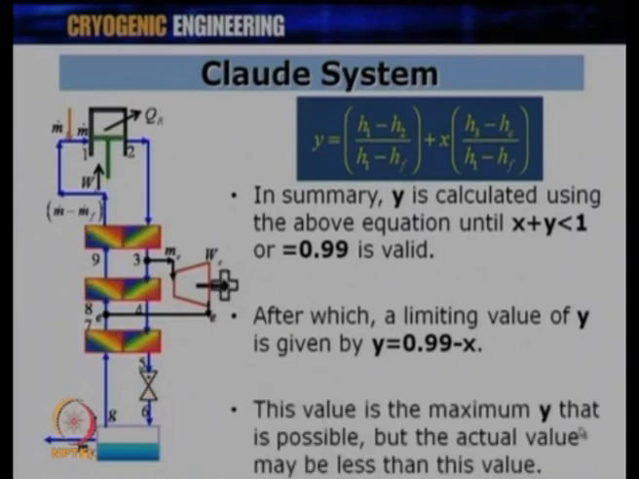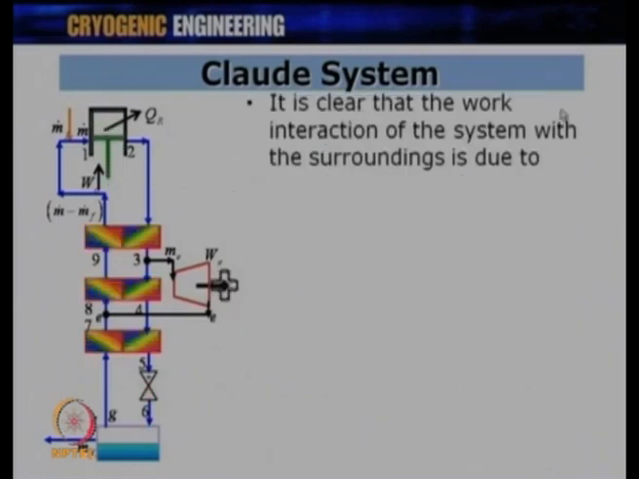This value is the maximum y value because I am taking 0.99. This is the maximum y value that is possible, but the actual value could be less than this value. This is a limiting value. That means the y can't exceed this value in any case. It is clear that the work interaction of the system with the surrounding is due to